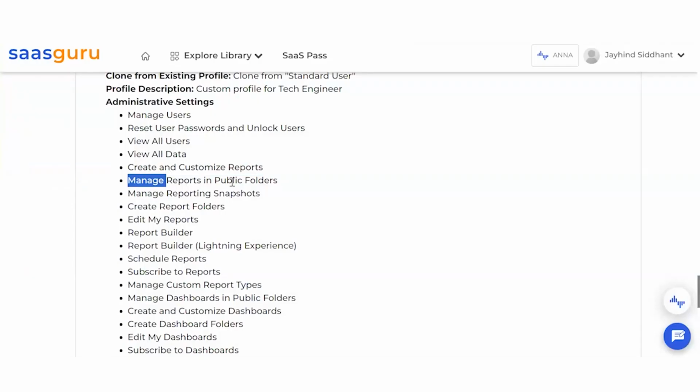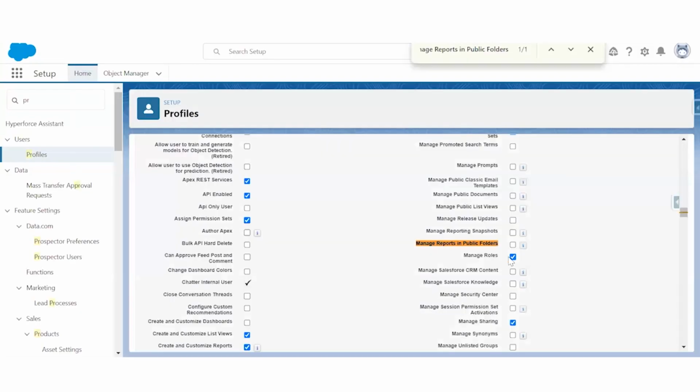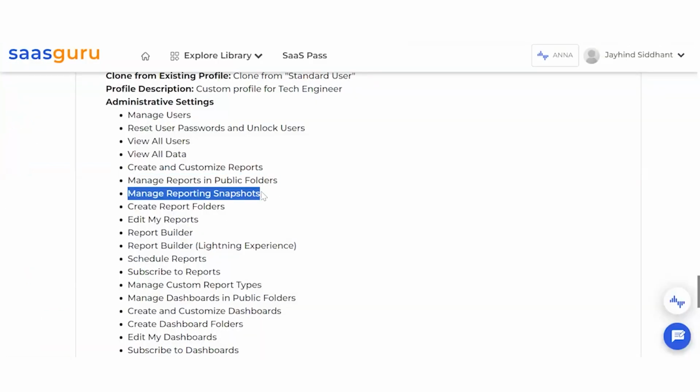Further, manage reports in the public folder. So if I type it here, look at what it says. View reports in a public folder, create report folders, edit my reports. All these features, if you want to give for this particular profile or a department, select it. Then manage reporting snapshots,